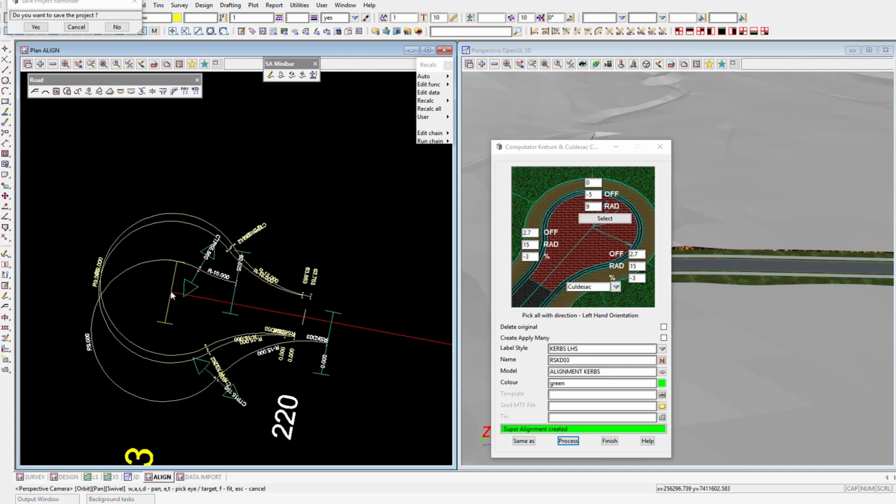What we normally do too is we don't stop our design string in the middle of the cul-de-sac. Normally we take our design string, or the centerline string, through to the end of the cul-de-sac. And I can see here that at the end I've got a radius of 9. So normally I make this here the other end of my cul-de-sac. I normally make that, or I think it's called projection of my cul-de-sac. Usually make that, yep, center projection -9. Or actually, I think it works with 9. So if I type 9 and hit process,